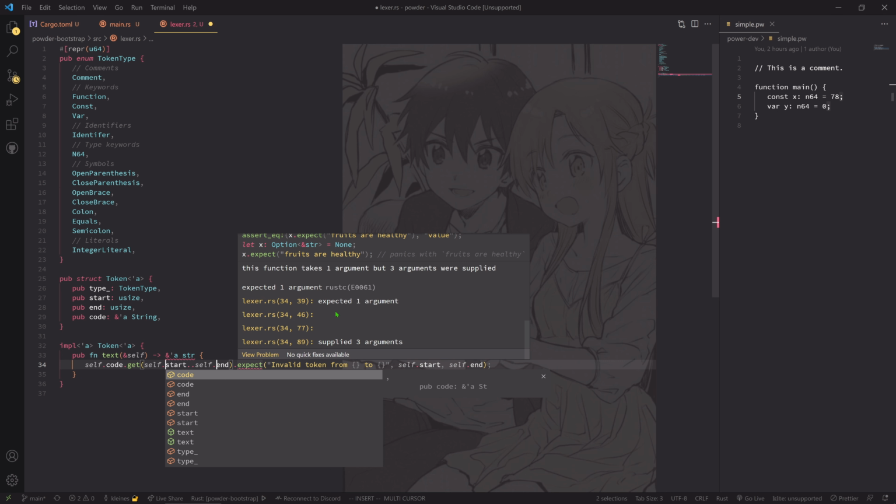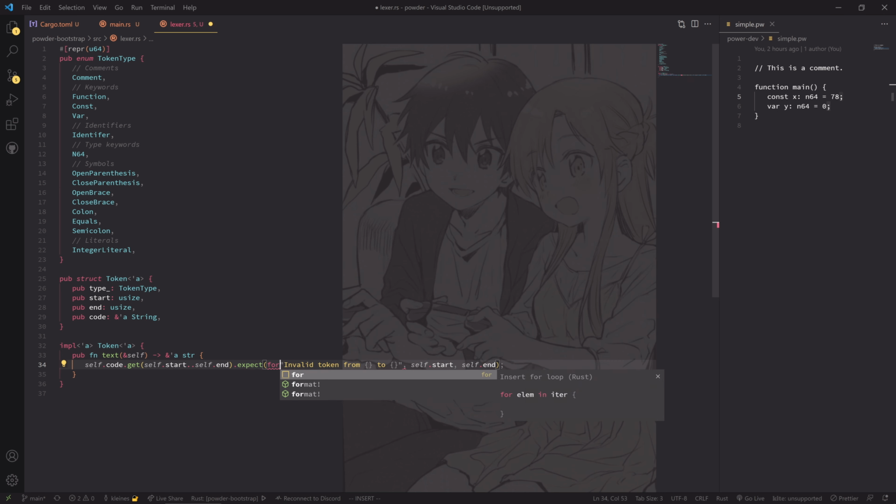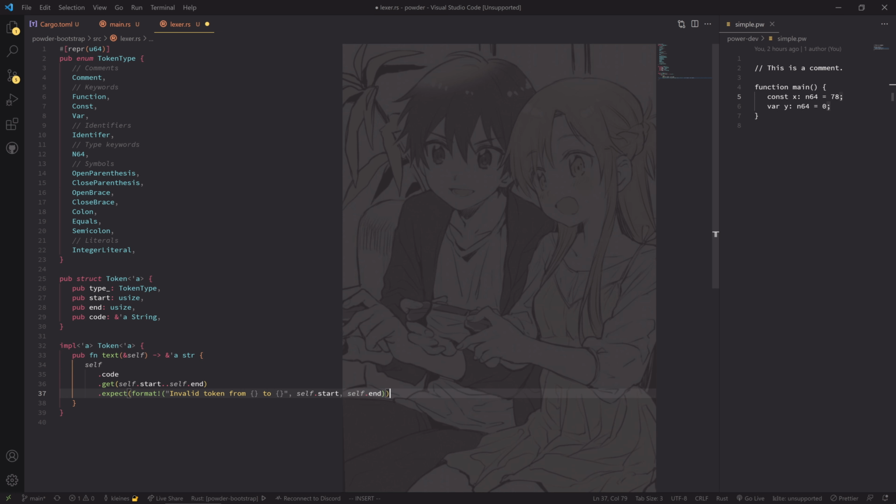And why doesn't this work? One argument, yeah, right, okay. Format. So good error messages are always important. And also remove that. Okay, cool. So now we can easily extract the actual text of the token, which is very important for things like literals and identifiers and so on. Let me actually put the literal up here. Okay. So